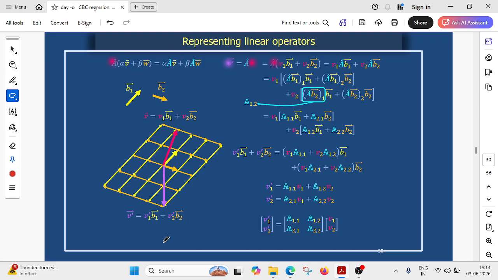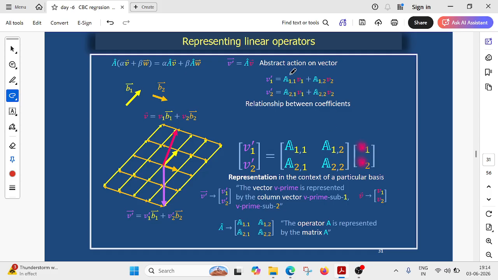So now I'm not able to tell about all the things. I hope you understood that. We derived that in the first sem, right? For getting clarity, I kept it like this now. Okay, please go through that. Constants, we need to get outside. Remaining, you have to put in. Okay. Same one, representing linear operators. Finally, we are getting like this. So this is V1 dash bar, V2 dash bar equals the matrix A11, A12, A21 and A22, times V1 and V2. Okay, so this we are going to find, right?